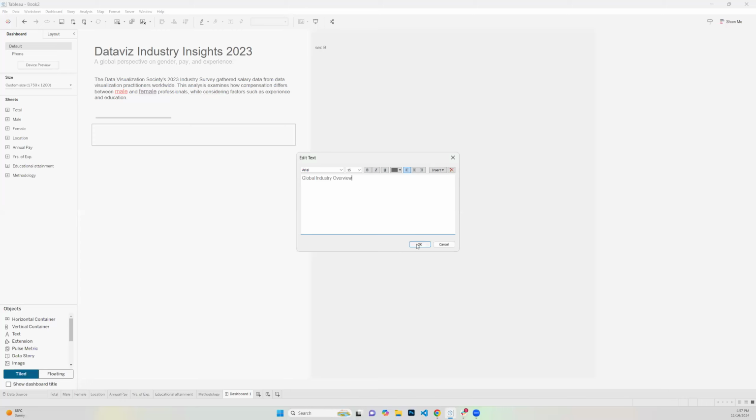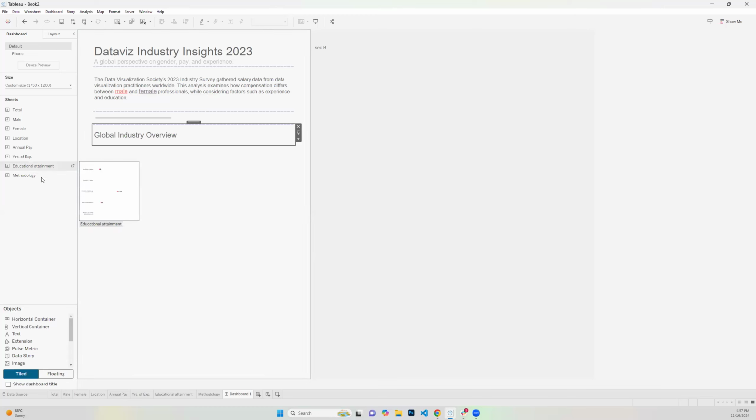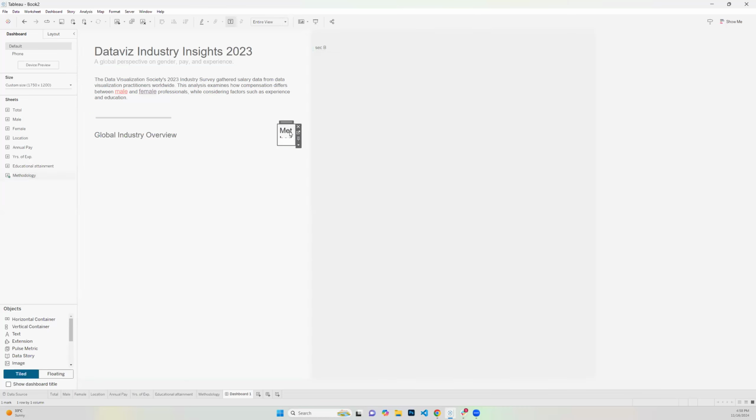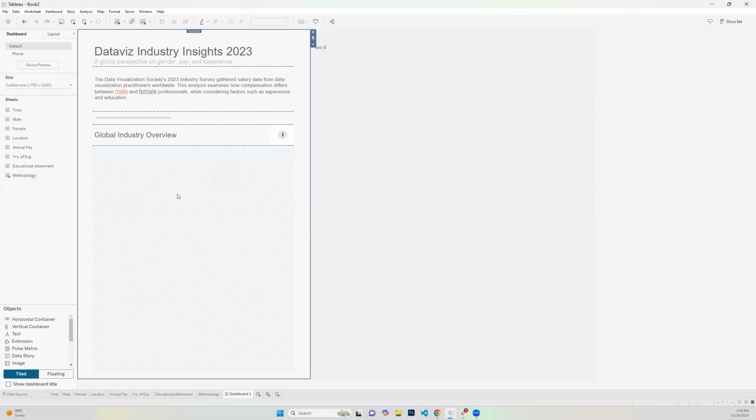Again, okay, and I have this. Then the next thing that we can have in our horizontal container is to bring the methodology. I will add the title to also say it. So I'll make this, yeah. So have that,